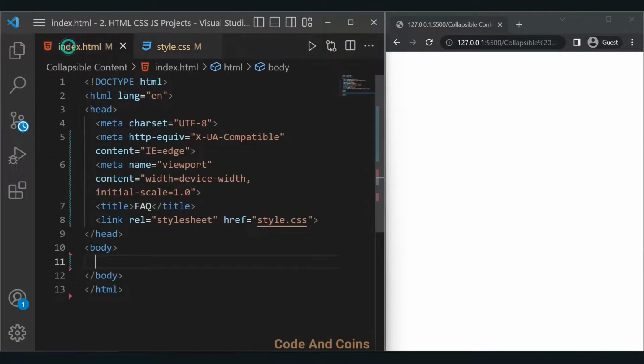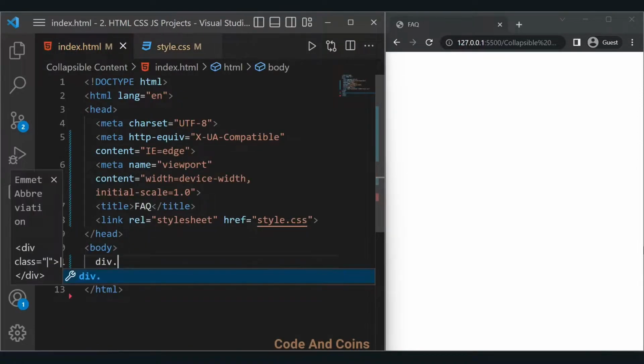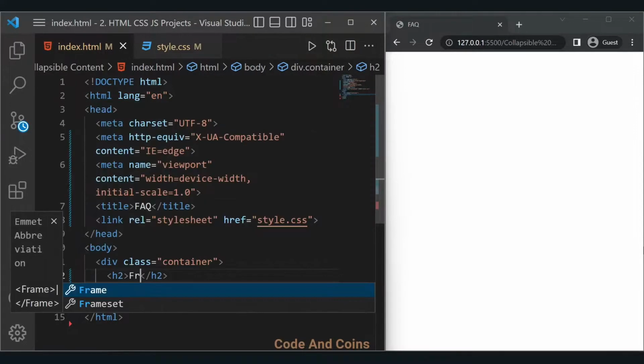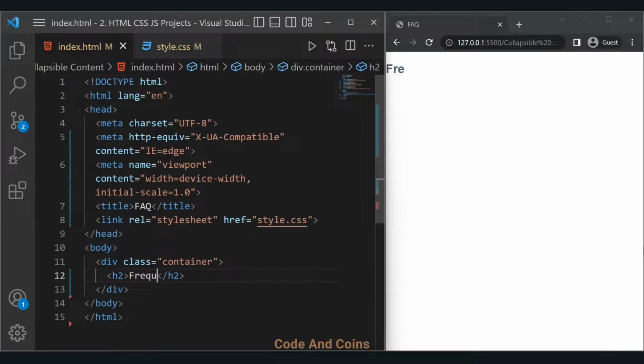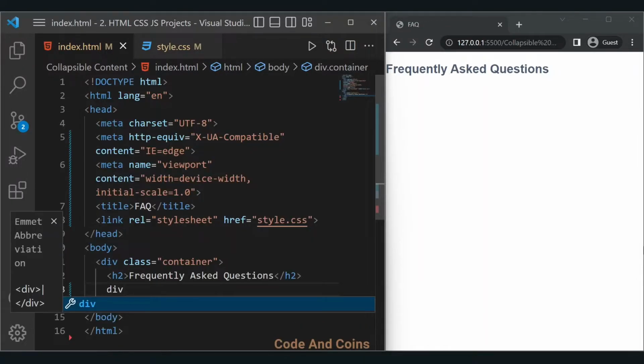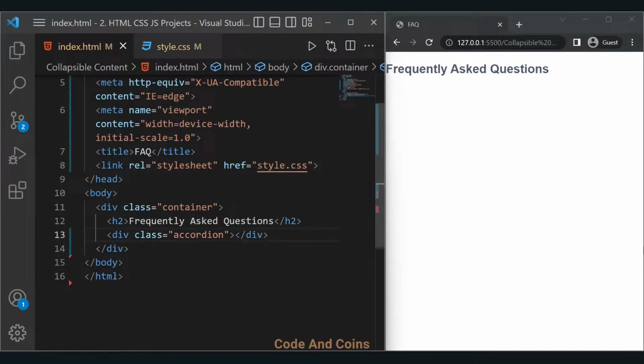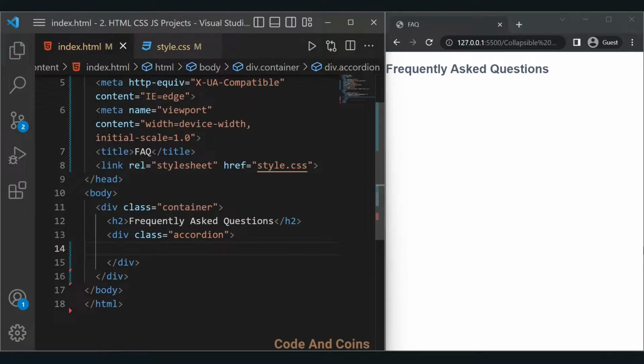Now let's add some coding inside the body. .container, container, frequently asked question. Then inside the container I'm gonna create another div called Accordion. Then inside this Accordion let's create